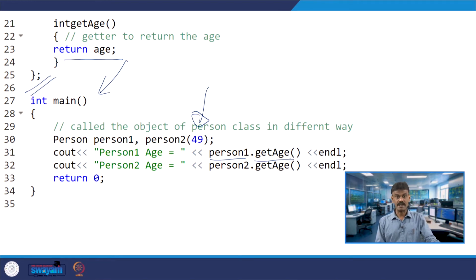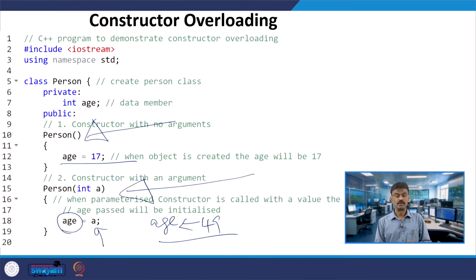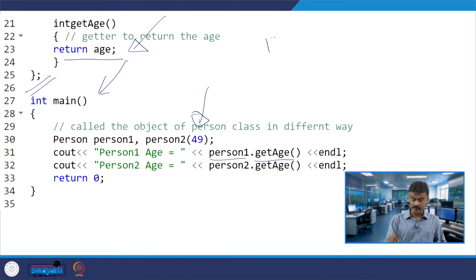Person 1 is invoking get age, and it returns age. For person 1, what is the age? 17. So, the first output, 17, will be displayed, at line number 31. Person 2 is invoking get age, return age. For person 2, what is the age? You are passing 49, therefore, 49 will be displayed.